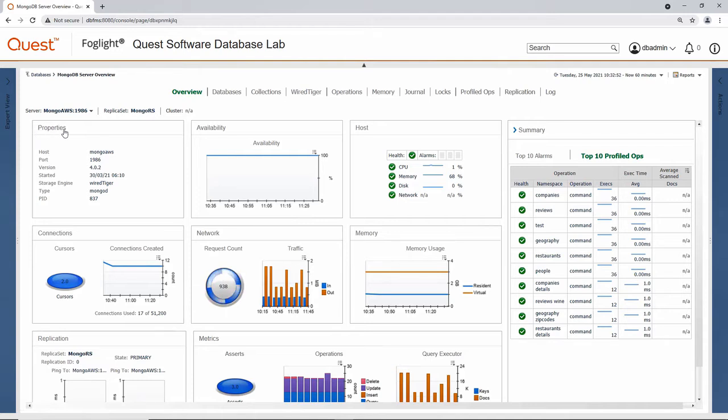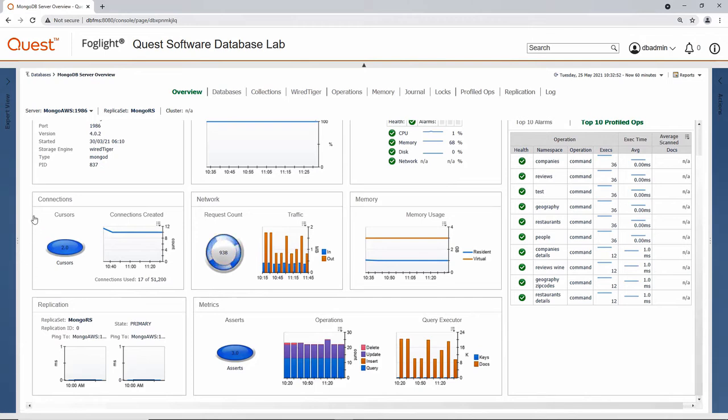You can see the overview broken into sections, focuses on general properties, availability of the MongoDB database, as well as some host-level resource utilization metrics. Scrolling down, we'll see statistics around connections, network metrics, memory metrics, and also metrics related to query performance. Also, you can see high-level details about your replication configuration. Again, this node as a component of a replica set, we can see the status or the state of this particular replica set member, as well as ping times to each additional replica set member in our configuration.